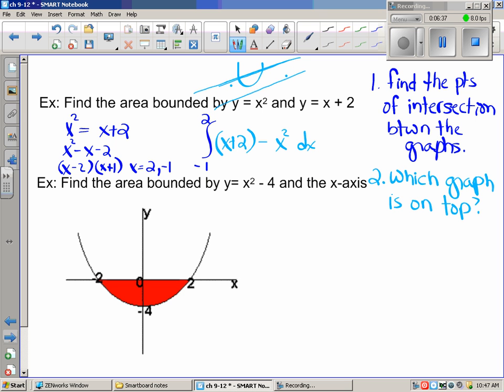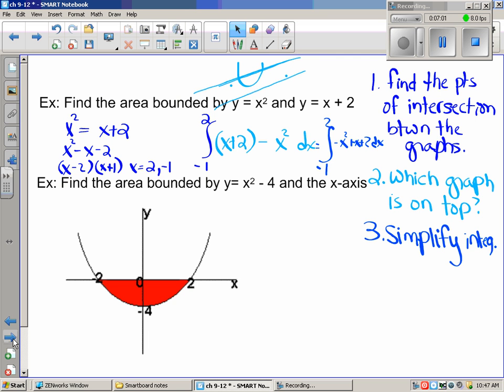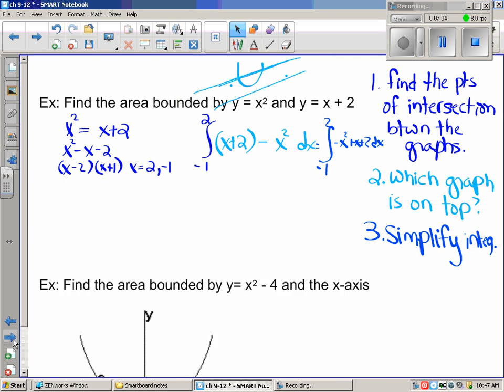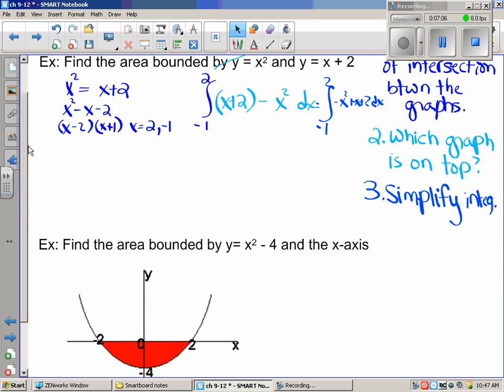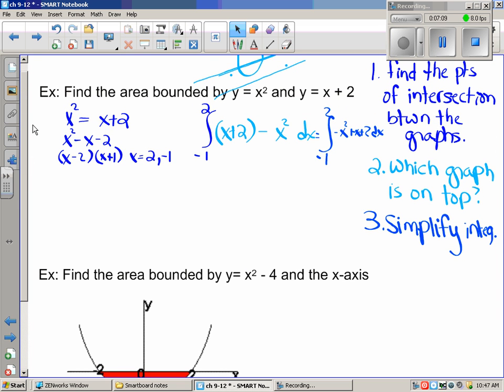And just as I showed you in the previous question, you can group these two together. So in other words, this would be the integral of negative x squared plus x plus 2 dx, again from negative 1 to 2. Now that gives me a little bit of opportunity to do that, and I'm going to just take this time to move this down and do this question here. All right, so let's do that integral. To do the integral,